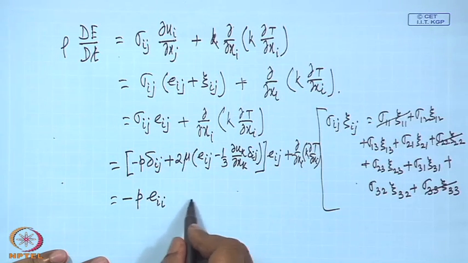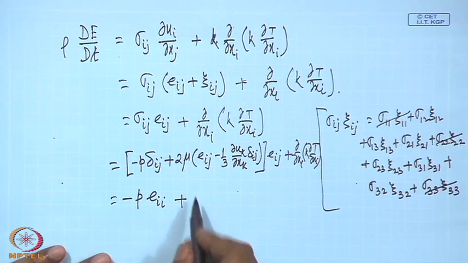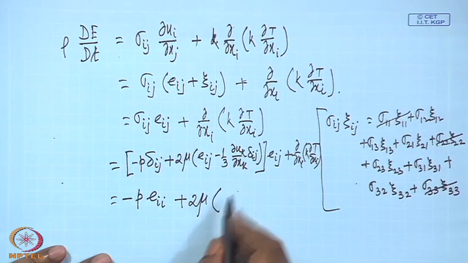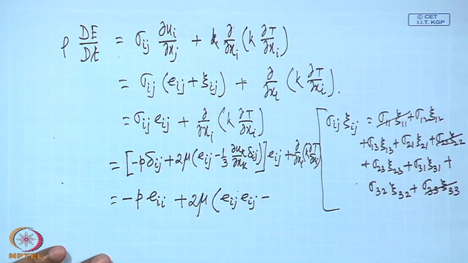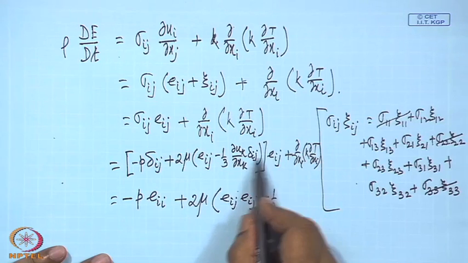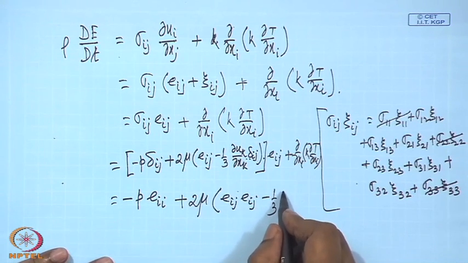More interesting is the second term. See, the second term can be written as 2 mu E ij minus 1/3 E ij delta ij, which will again become E ii, and E ii in this case you can also write as E kk. E ii or E kk, writing is all the same. So this again becomes